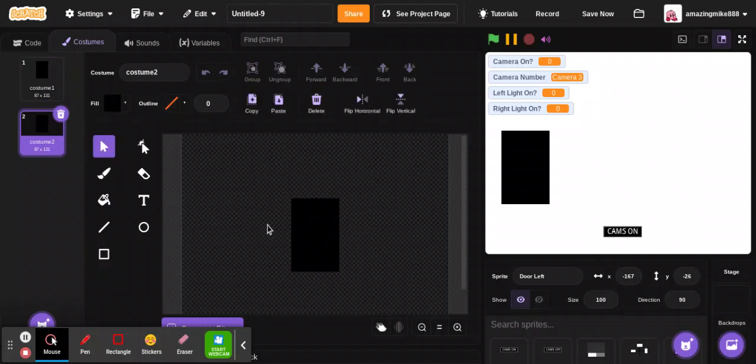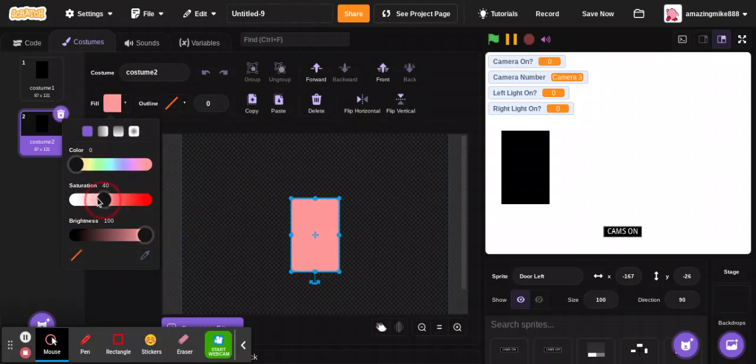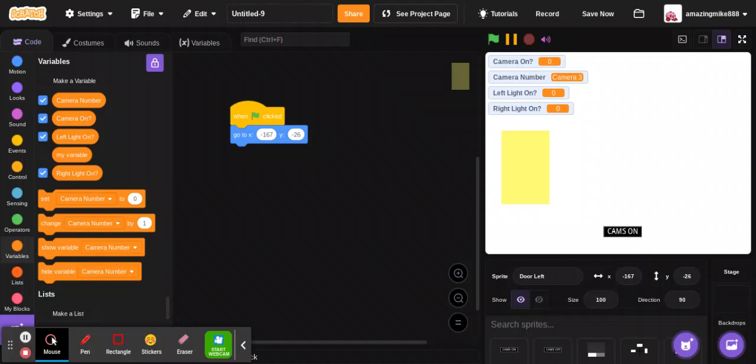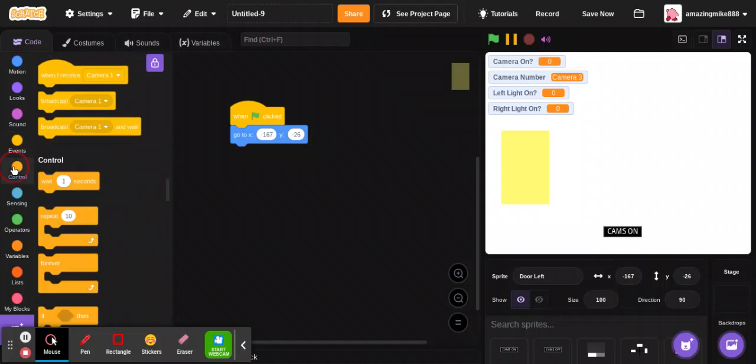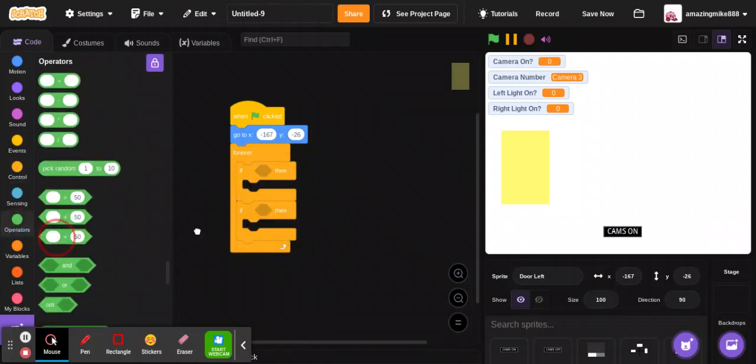We'll now change the rectangle's color to a bright either white or yellow. Because for me, as of now, the background is white, I'll make it yellow. So that's the background for the square. And now we'll take when green flag clicked, and then take out a forever loop. We'll take an if and another if, a lot of ifs here, if left light on equals 1,